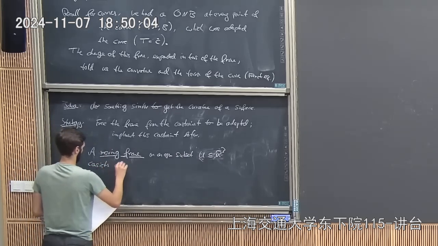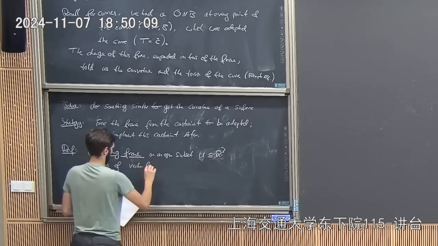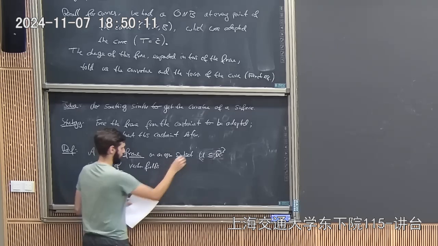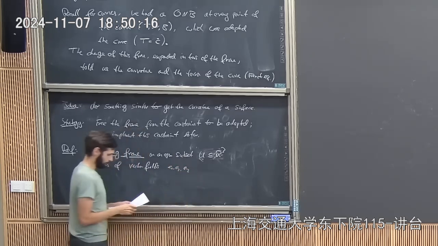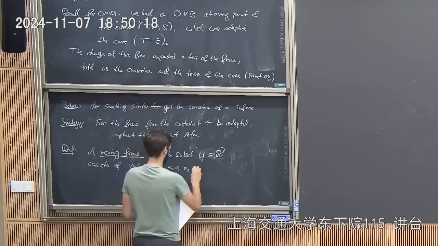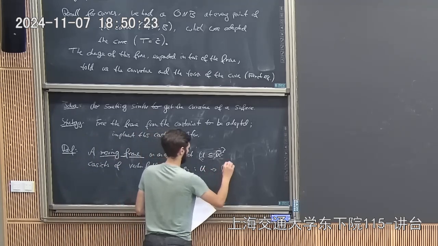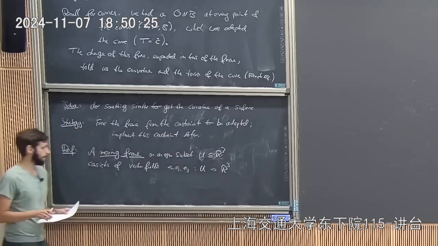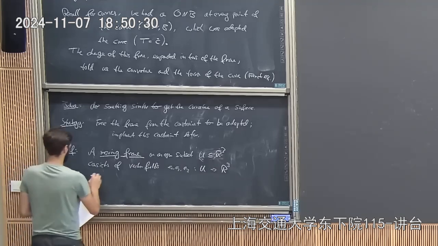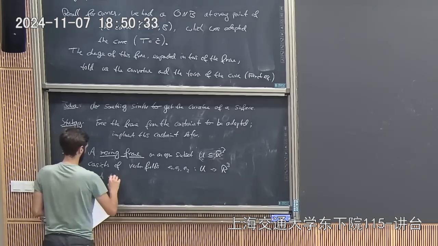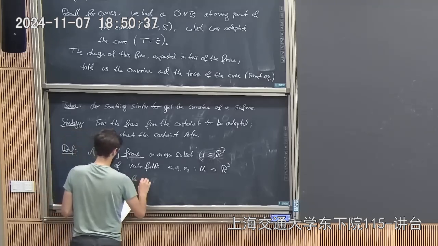A frame consists of vector fields on U, like E1, E2, and E3. All of them are vector fields on U, which we can also just think of as assigning to each point a vector. What we want is that for each point,